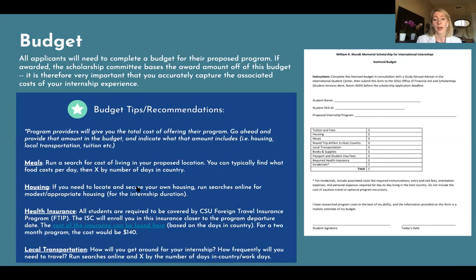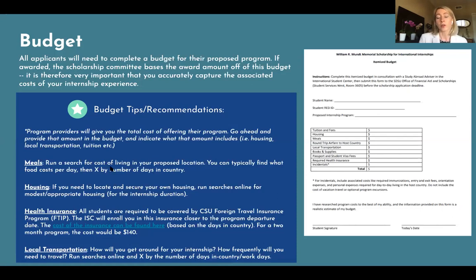Be mindful that you need to be conservative with the housing that you stay at. You cannot stay in a lavish, luxurious hotel for 8 weeks. We don't have the budget for that. You have to do something that's comparable to student housing or a budget hotel or something like that. And if we find something that seems exorbitant, we would just not award that amount. We would do our own research and reallocate the amount for that line item. So on the front end, you need to make sure you're looking at the appropriate costs.